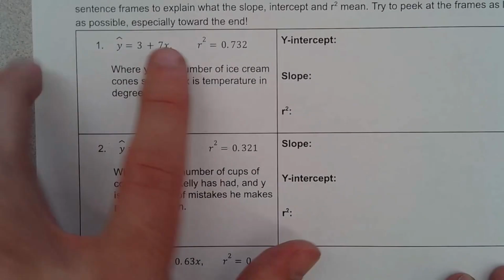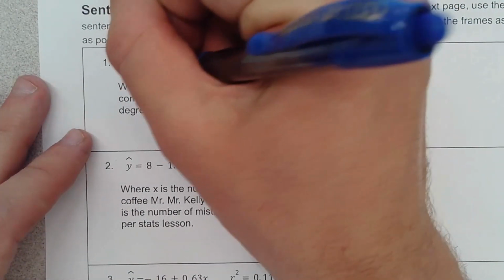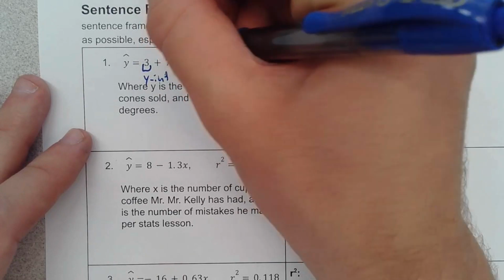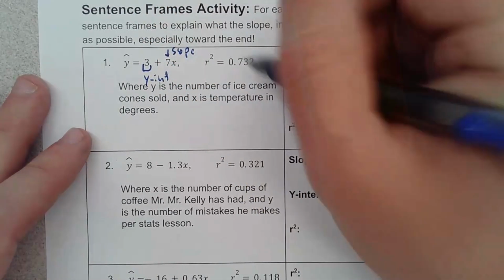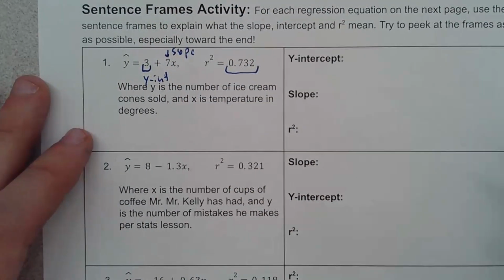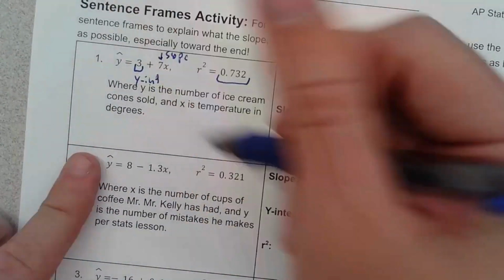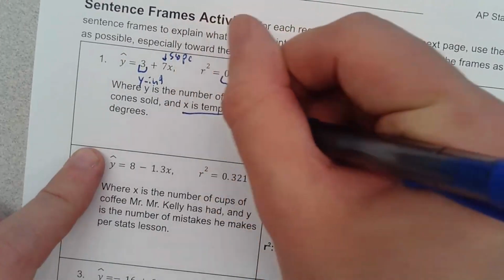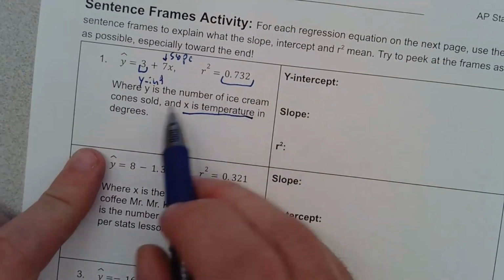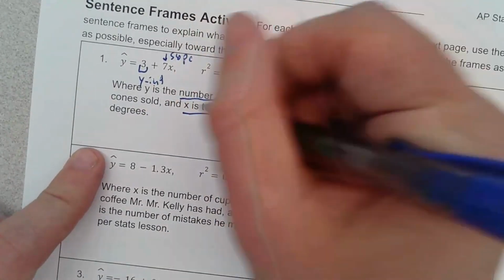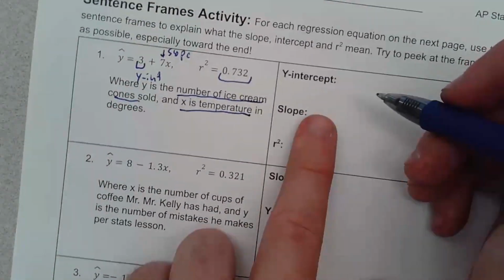Okay. So let's start by just identifying y-intercept. This is my y-intercept right here. It's my y-int. That 7 is my slope. And then obviously the R squared is right here. Okay, so now we need to know what the x and the y variable are. I'm going to label them down here below. X is temperature in degrees, y is number of ice creams sold. Okay, so for y-intercept,